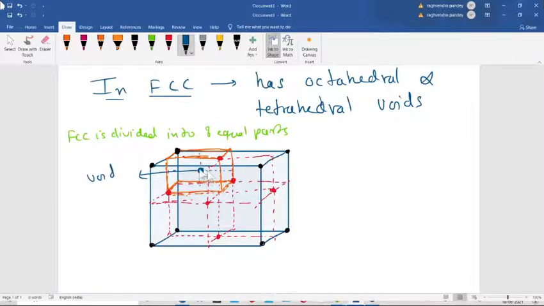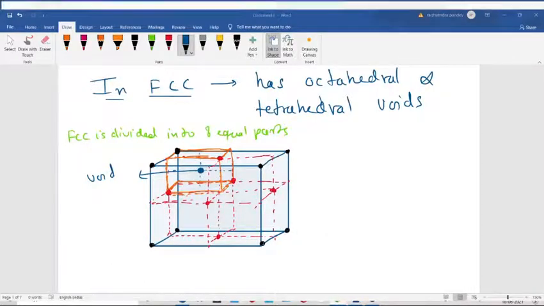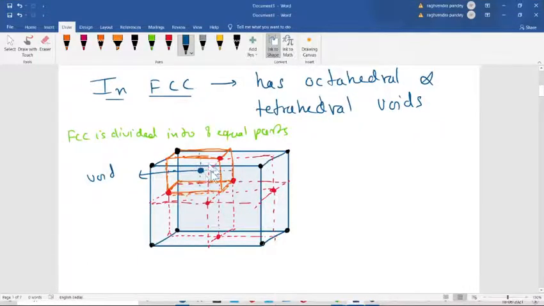This blue dot. Ansh, which type of void is it? Are people here or not? Tetrahedral void, isn't it? It is tetrahedral void.